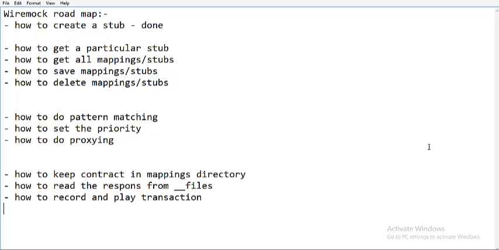Having this knowledge is very essential if you are an automation tester or you have a lot of enthusiasm towards learning new things, because that always adds a lot of value in the testing domain. In our previous videos, we have seen a lot of operations that you can do with the WireMock tool. We understood how to start a server, how to create a stub, how to retrieve a stub, and how to retrieve the number of mappings present. We also understood how the WireMock folder structure is laid out, and we have also deleted a stub and updated the same as well.